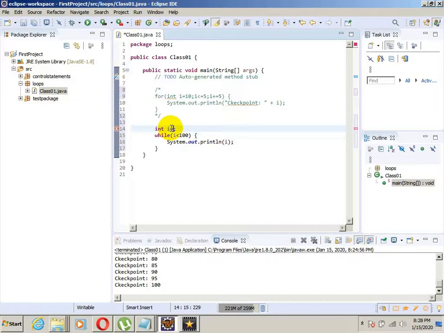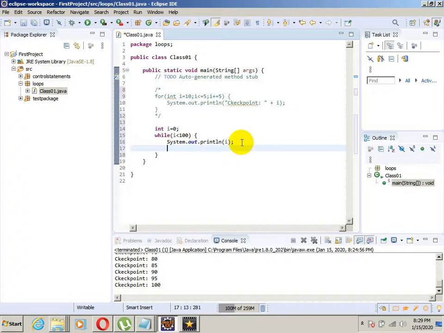We forgot to initialize our variable: integer i equals 0, and while i is less than 100, we will print i,